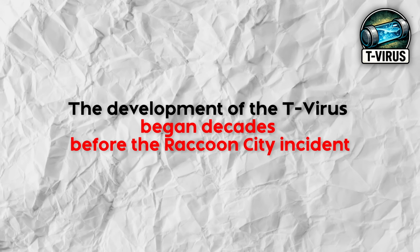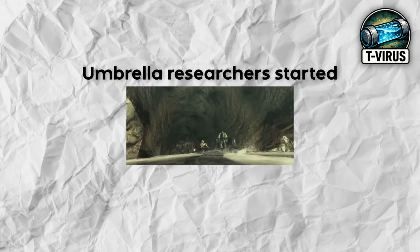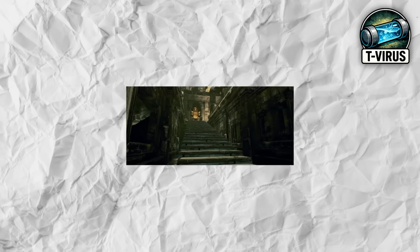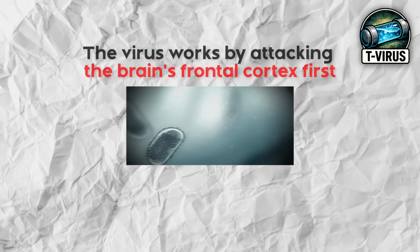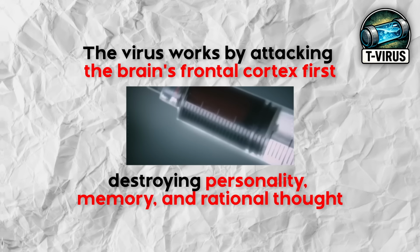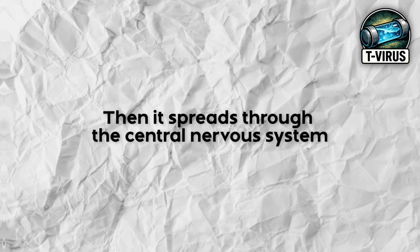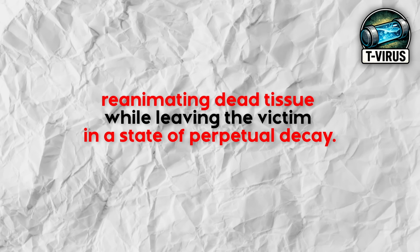The development of the T-virus began decades before the Raccoon City incident. Umbrella researchers started with the progenitor virus, a naturally occurring pathogen discovered in West Africa. Through years of genetic manipulation and countless human test subjects, they created something far more dangerous. The virus works by attacking the brain's frontal cortex first, destroying personality, memory, and rational thought. Then it spreads through the central nervous system, reanimating dead tissue while leaving the victim in a state of perpetual